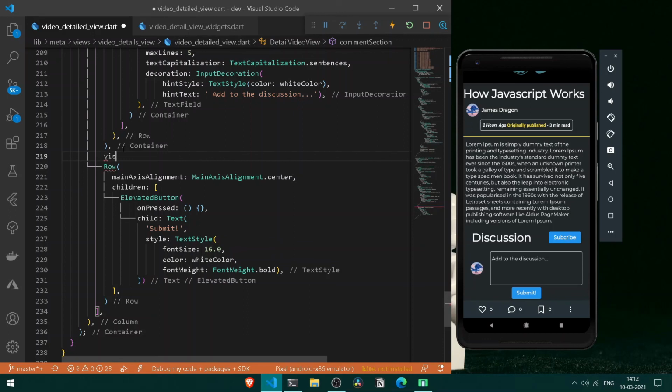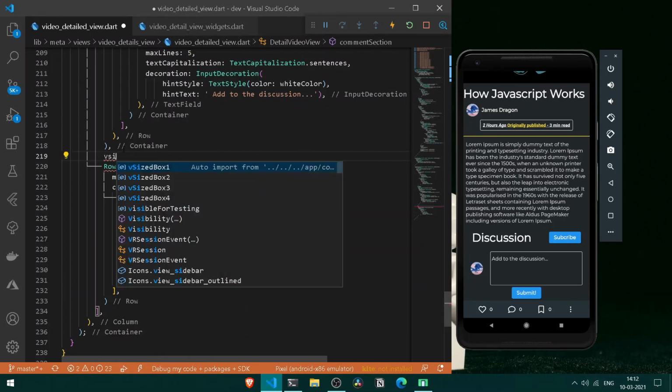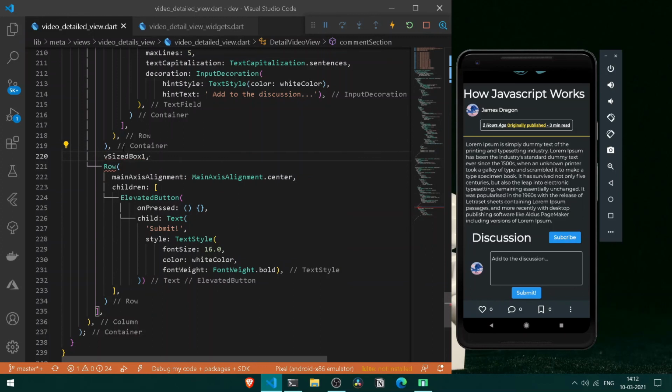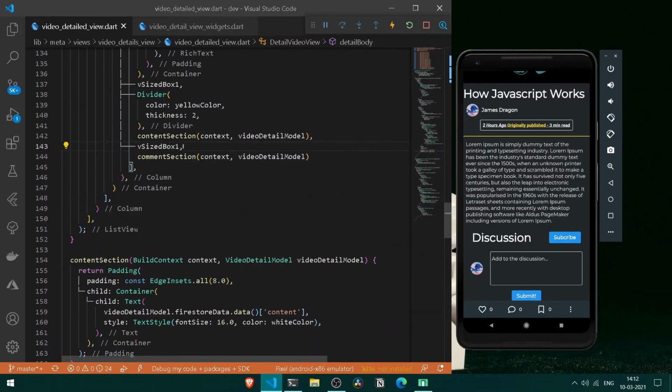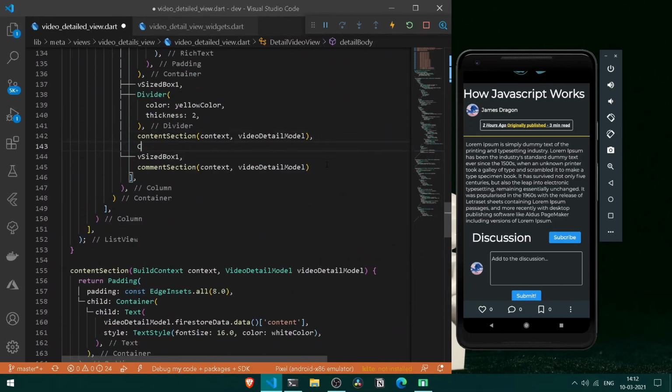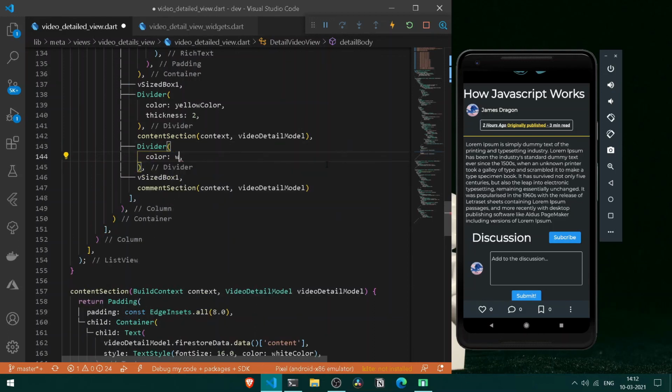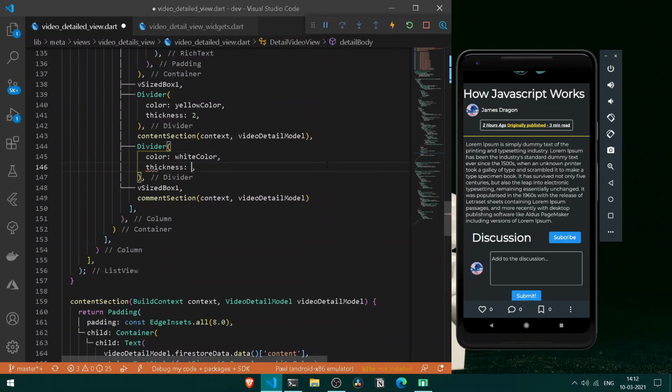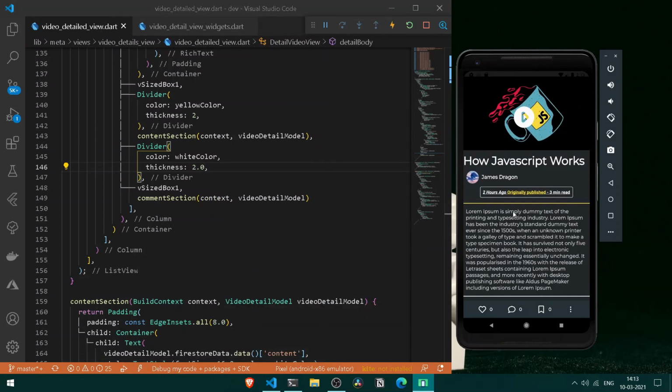But here let's have some vertical size. So here let's have a vertical size box of 1. Press Ctrl and S to check it out. Cool, so once we have done everything, let's also do one thing, go at the top. And here below our entire content section, we shall be having nothing but a new divider. So here let's have a new divider. Let's have a color to it of white color. Also let's have some thickness to it of 1, not 1 but of 2. Let's try it out. Cool, so this is looking more awesome than it was before.